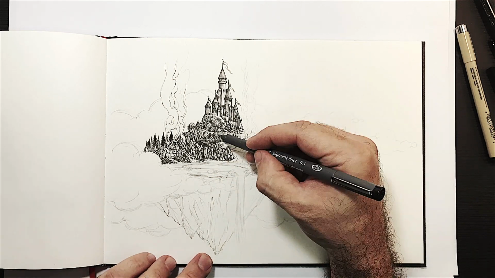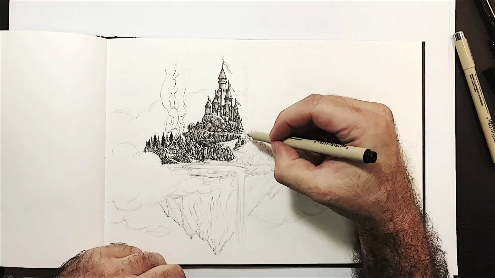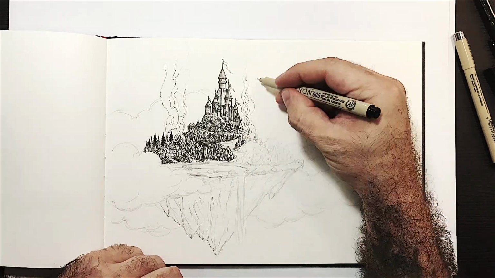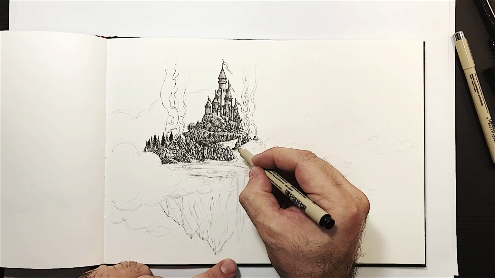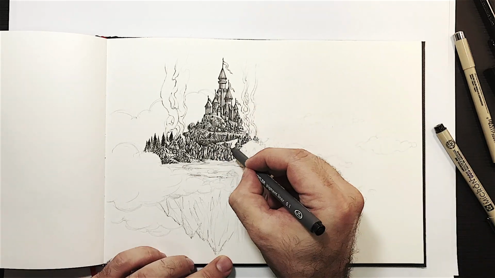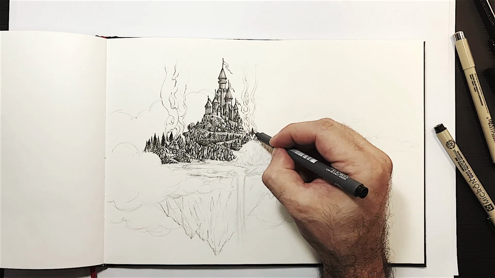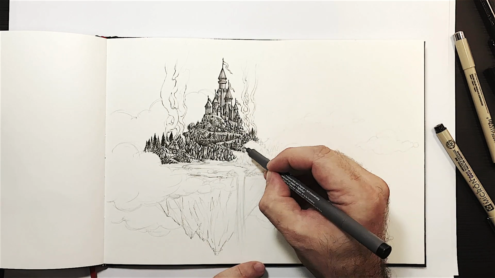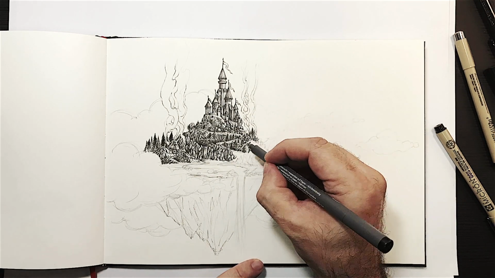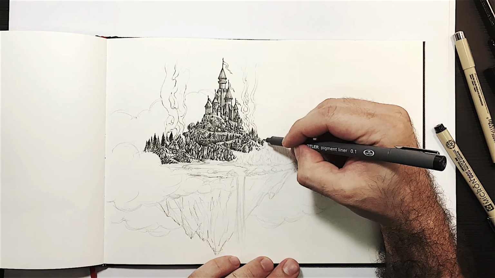Instead of just a castle in the clouds, a whole settlement, like a whole mini, small country, fully independent and happily oblivious to the rest of the world because they're in the clouds. And this was very relaxing. It took a little bit of time, but not too much, and